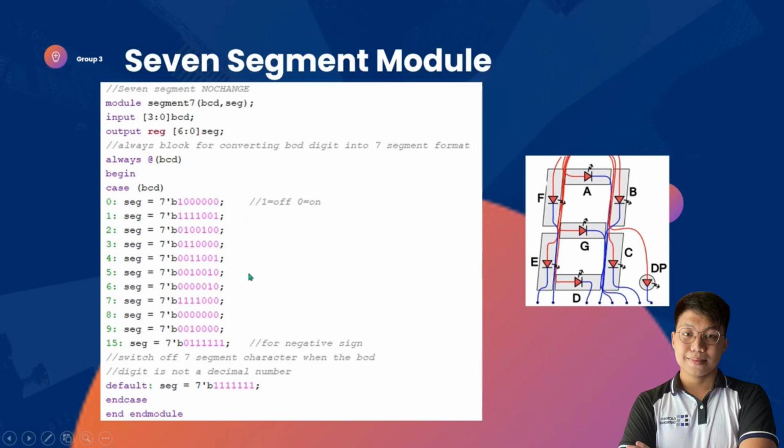If z of 9 is 1, the output register sign bit will be set to 15, or 1111 in 4 binary digits. The segment will then be set to 7 binary 011111, only turning on the middle segment of the 7 segment display. On the other hand, if z of 9 is 0, indicating that the output is positive, the 7 segments will